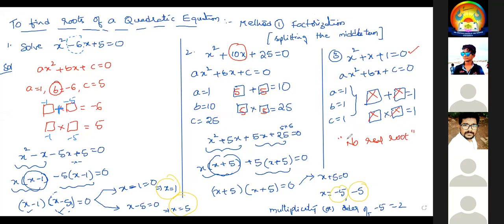Okay, but see, there are three equations on the board. I'm repeating again, I'm talking about finding roots of a quadratic equation. It is nothing but solving a quadratic equation. We can solve a quadratic equation in at most three ways. We are talking about the first method, called factorization, that is nothing but splitting the middle term. Like first question, second question, third question. Please copy it. Three questions I did. Next I'll give three questions. Now you have to do. Make it fast.